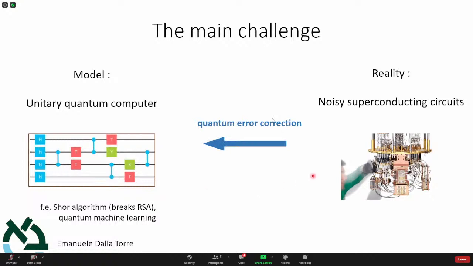And there are 2 ways to proceed, and you need both. Way number 1 is to say, well, let's improve the hardware. If the hardware is not good enough, you need to improve it. For instance, you can apply what is known as quantum error correction. Quantum error correction is an algorithm that allows you to take many noisy qubits and make a better qubit, a better logical qubit.